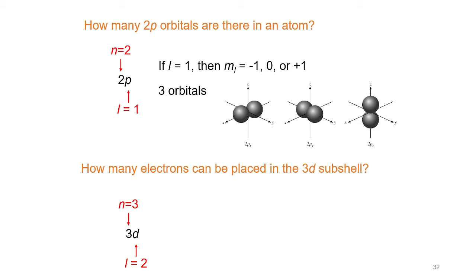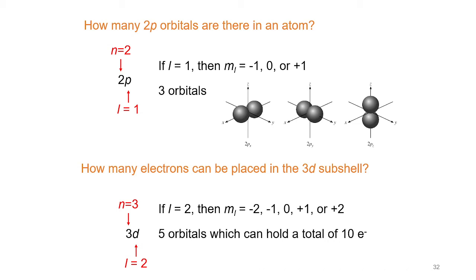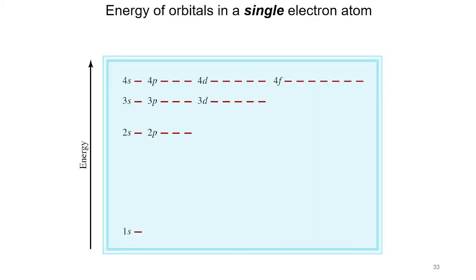If we have L equal to 2, then m sub L is equal to negative 2, negative 1, 0, plus 1, or plus 2. So we have 5 orbitals. And as we have stated earlier, each orbital can hold 2 electrons, meaning to say we have 10 electrons. So this is just the illustration of